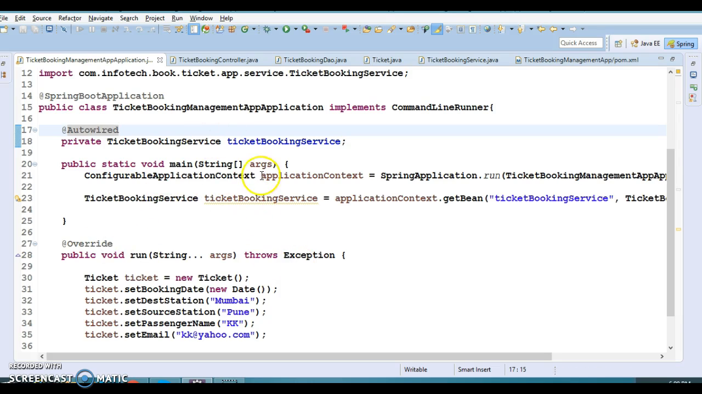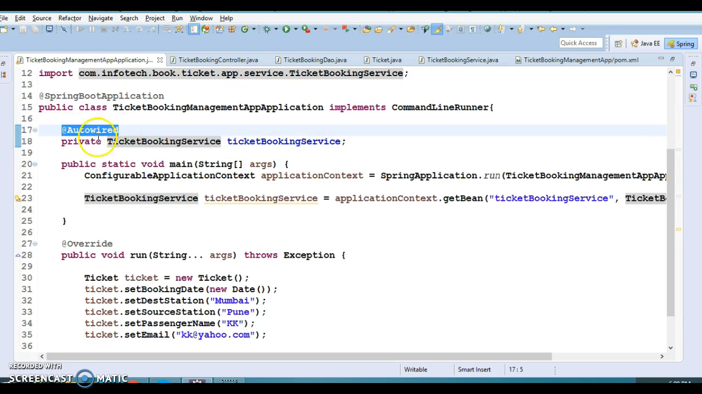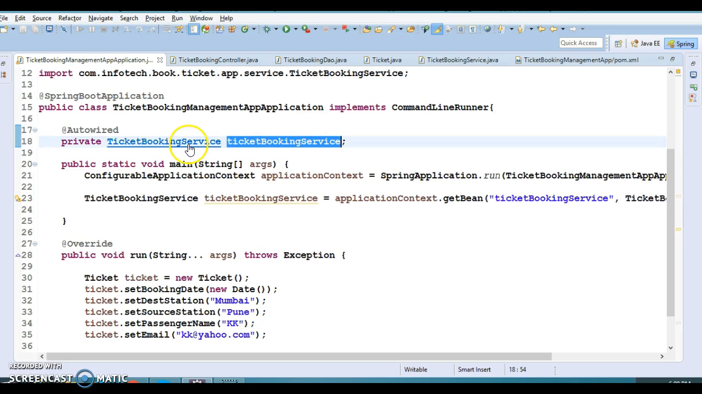I have several videos related to the Spring framework which I have uploaded, and I had talked about this annotation. So if you don't know what @Autowired is, then I request you to go and watch. Basically, when you annotate this reference with @Autowired, then Spring will search this